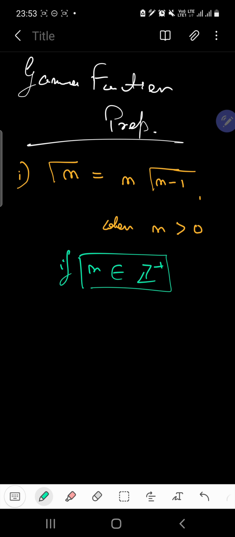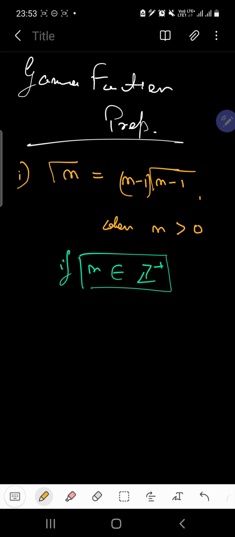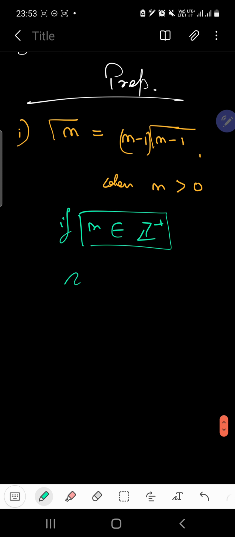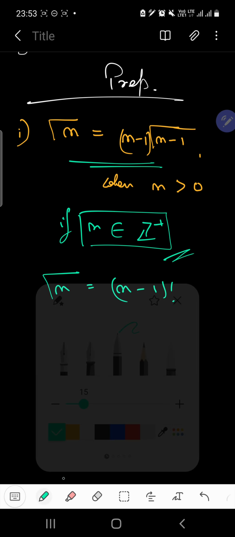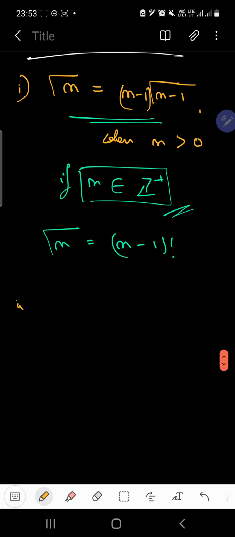Oh, I'm very sorry, I missed one thing here. This will be n minus 1. So we can find from here that gamma n can be written as (n minus 1) factorial when n belongs to the set of all positive integers. If it belongs to fractions, which it can, then you should follow this path. Why you should follow this path, I'm telling you. Next, gamma of 1 will surely be 1.